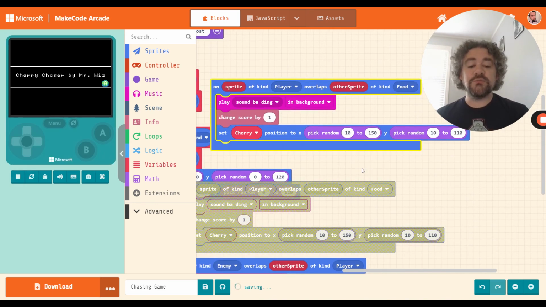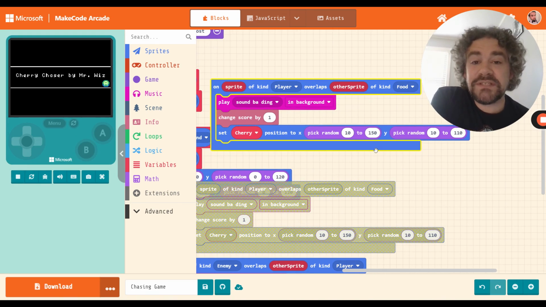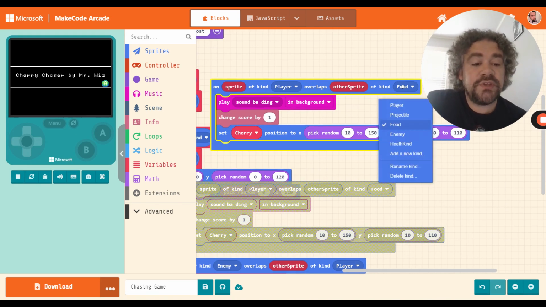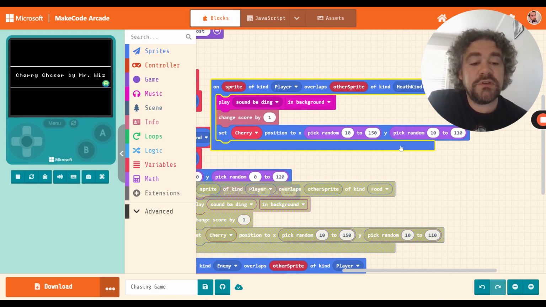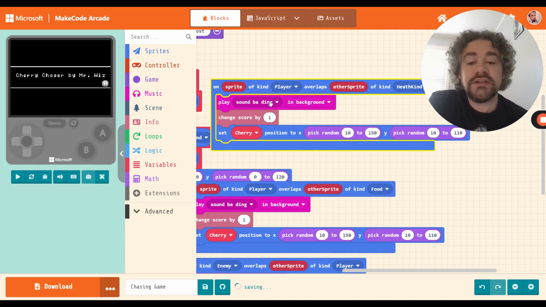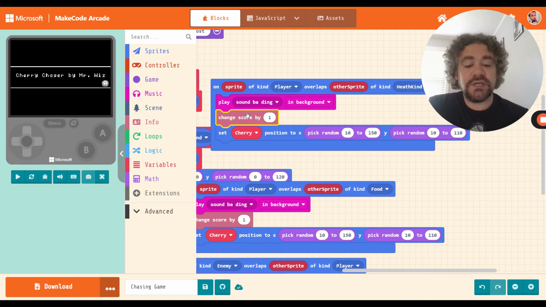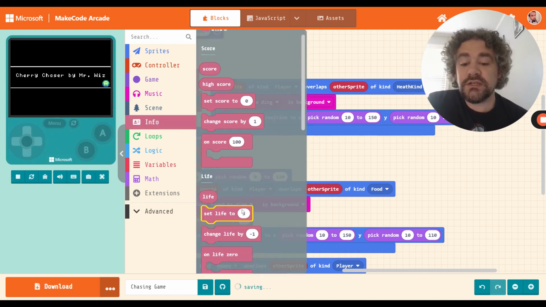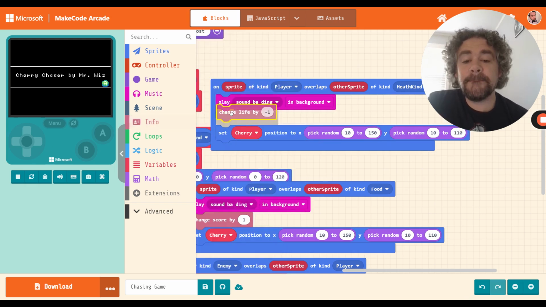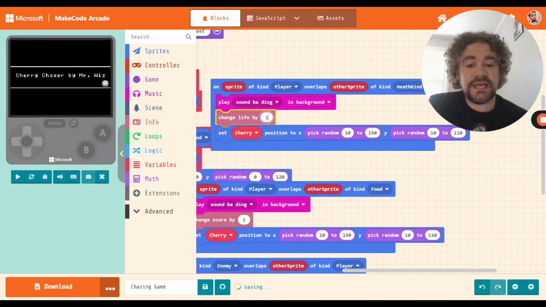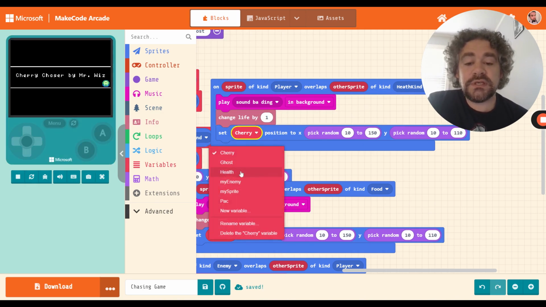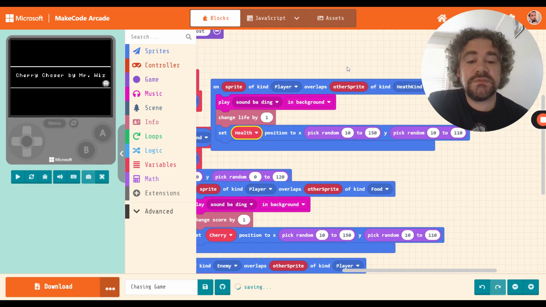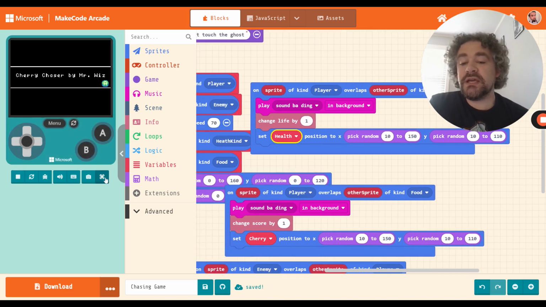Notice how when I duplicate it, one gets faded out. That's because you can't have the same event twice, right? So when player overlaps, instead of doing food this time, I'm going to do health kind. I could change the sound if I wanted to, but I'm not really worried about that right now. And instead of doing a change score by 1, I'm going to do a change life by positive 1, because it's adding in the life, not subtracting it. Then I'm going to use health and reset its position. So now, in my game,